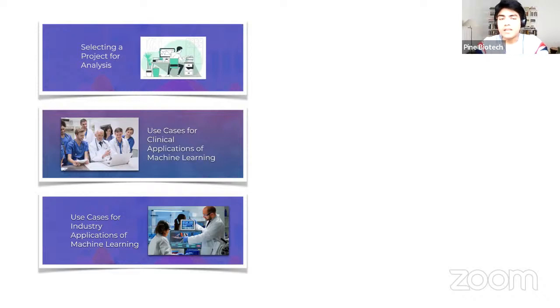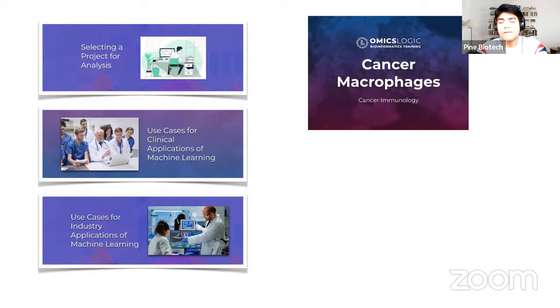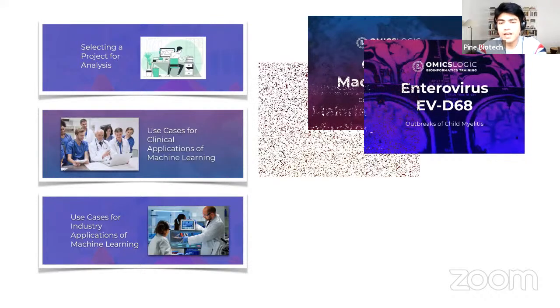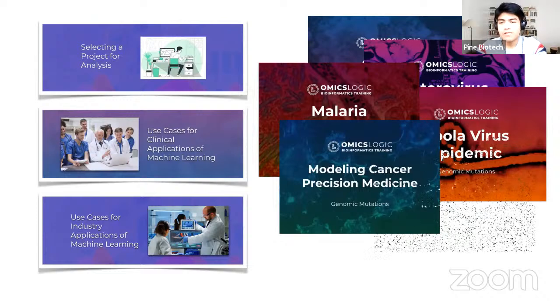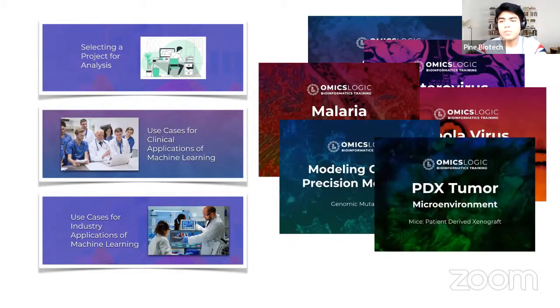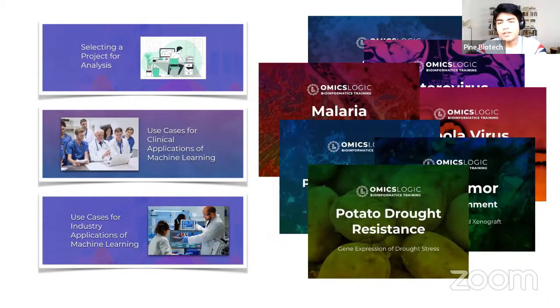Learning only makes sense when you are able to apply it in a practical way, and therefore OmicsLogic trainings are different than others because they incorporate various project examples which are taken from published research papers and their public datasets, and go through a tutorial which is designed in such a way that you will walk through the steps in which a scientist or a researcher performed their own analysis.